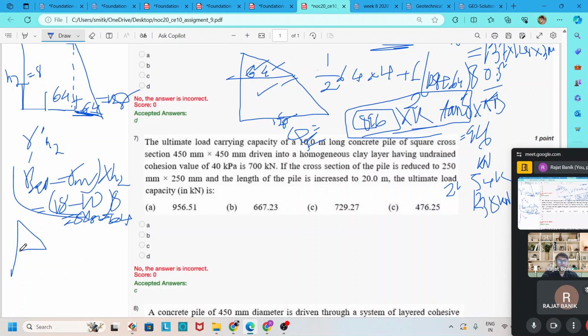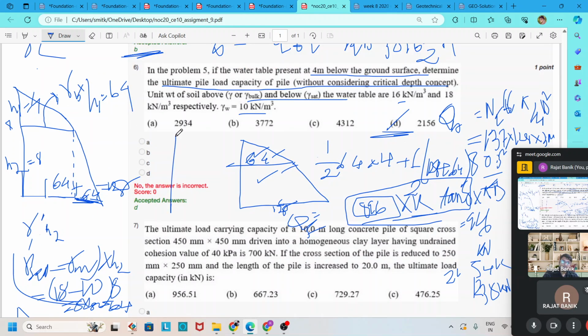So, for this case, question number 6, we first find out the pressure area of this pressure diagram, which is based on the effective vertical stress. After this, multiply by the active earth pressure, passive earth pressure, or earth pressure coefficient K, which gives the total horizontal thrust. After that, we multiply it by tan delta, that is the friction coefficient, and if we again multiply by the periphery area, we find the total load acting on this side of the pile as friction,